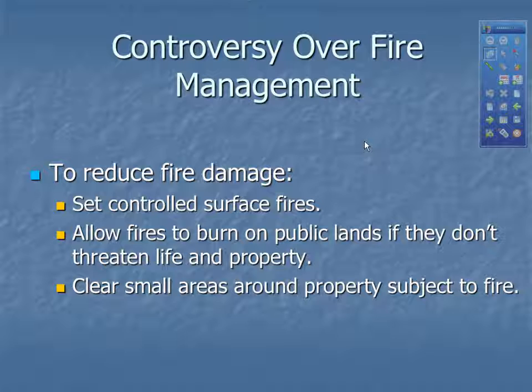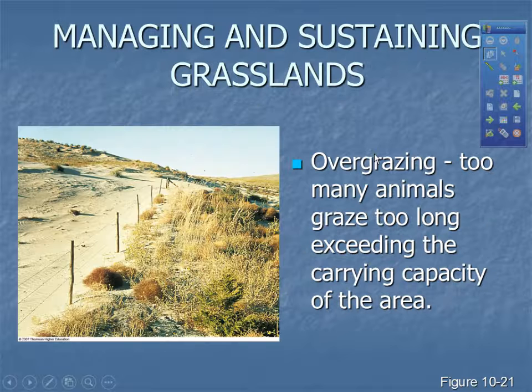So if property A is really likely to catch fire at some point, you clear a space around it so that when it does catch fire, that fire will not spread to something else. But like I said, there's a lot of controversy over whether this is the best way to do it, or how much, and who's going to do it, and so on and so forth.